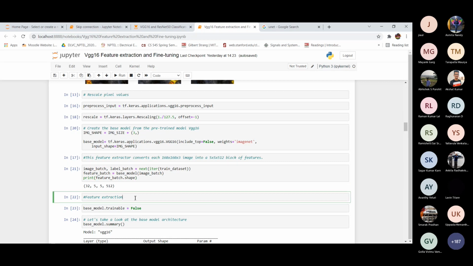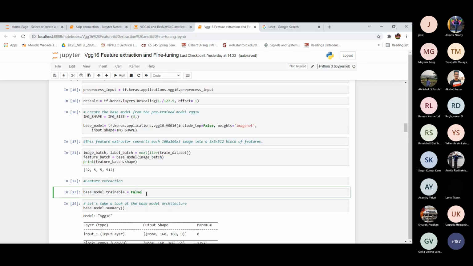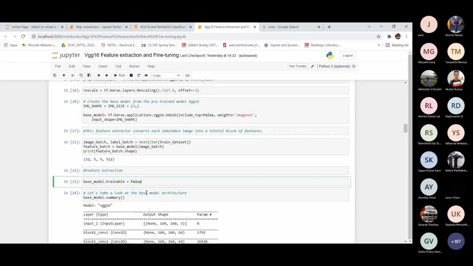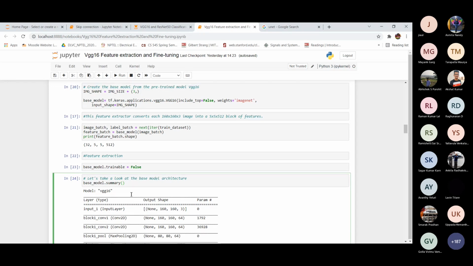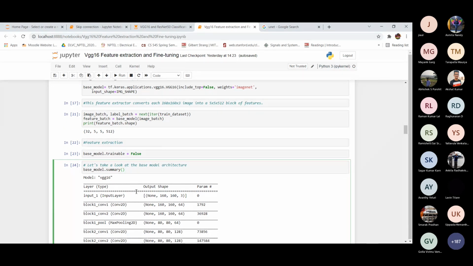Here we are going to do feature extraction, so we set the base model trainable to False. We are not going to train this model here, and then we will check the number of parameters to train.